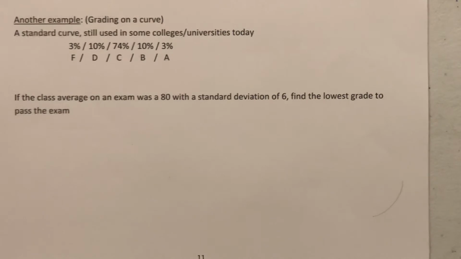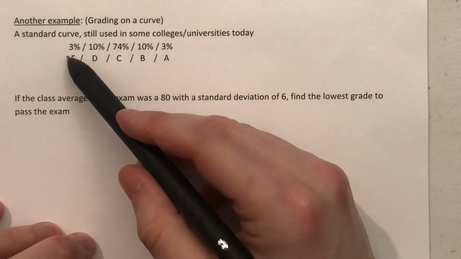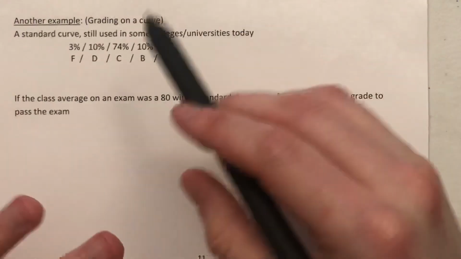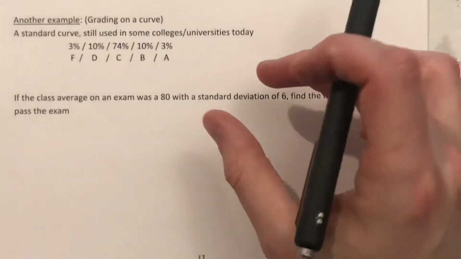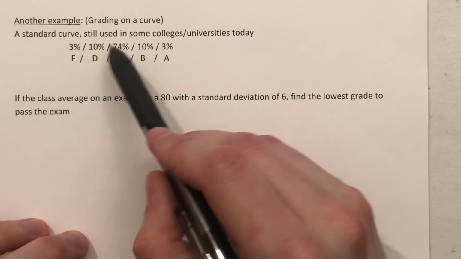So one more example, and I like throwing this example in because I find quite a few students have an interpretation of this word that isn't necessarily completely accurate when we talk about grading on a curve. You can curve a test artificially by just adding points to it, but true grading on a curve is actually from this idea of using an essentially normal distribution. No matter what the grades are, forget percentages like 90 to 100 is an A, 80 to 90 is a B. Instead, just see where the scores fall and then break them into different percentages of scores,